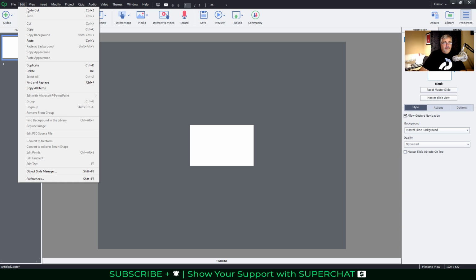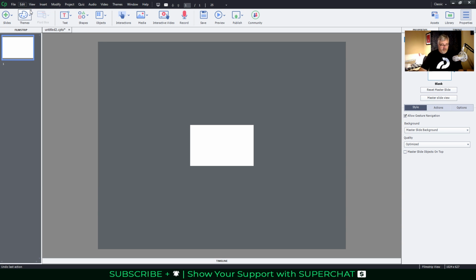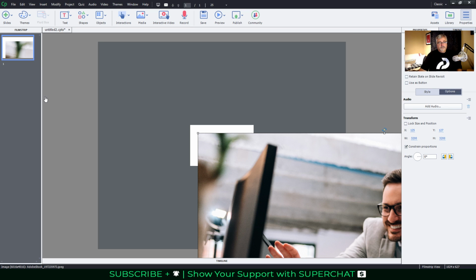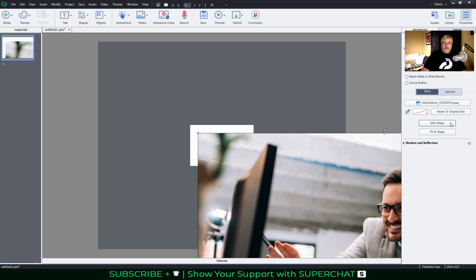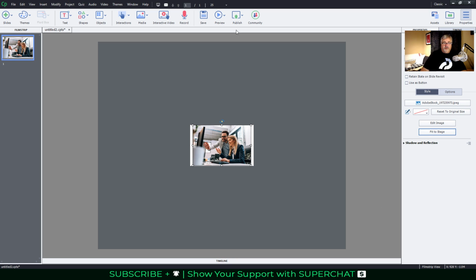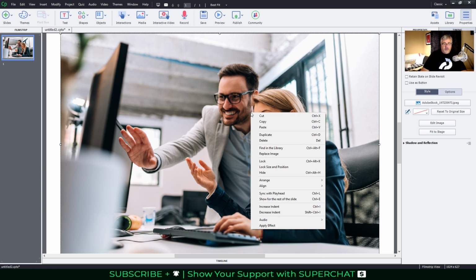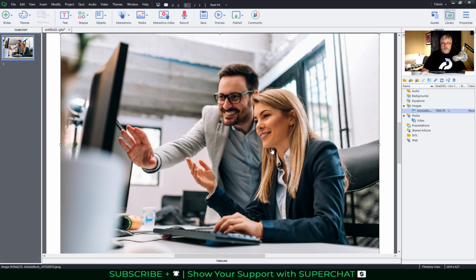Let's undo that cut. And let's do what most people will do, which is they will fit to stage. Right? So that works, but again, if I go and right-click on this particular file, find it in the library,